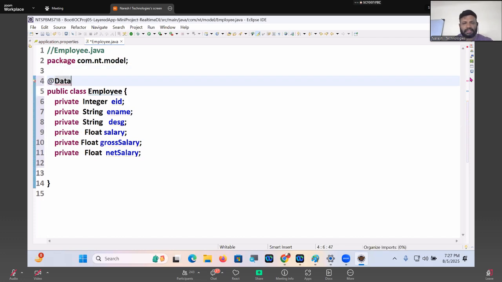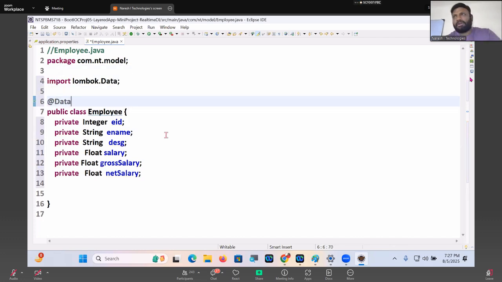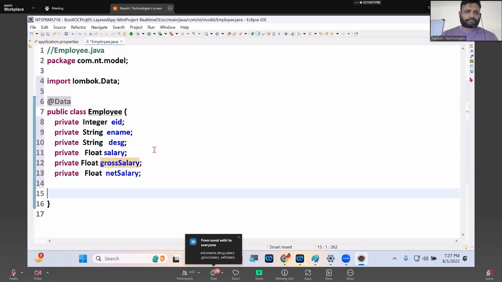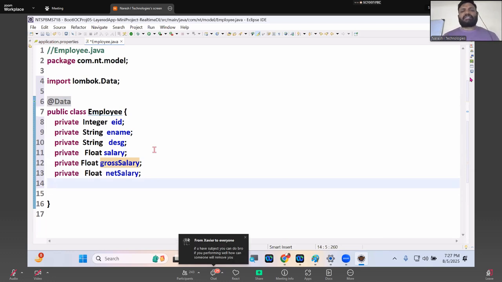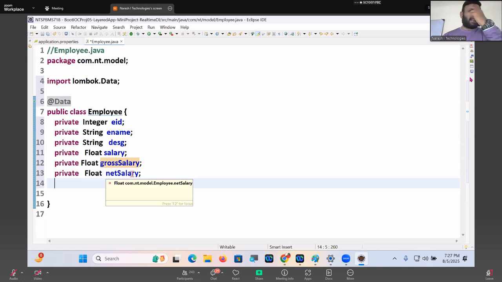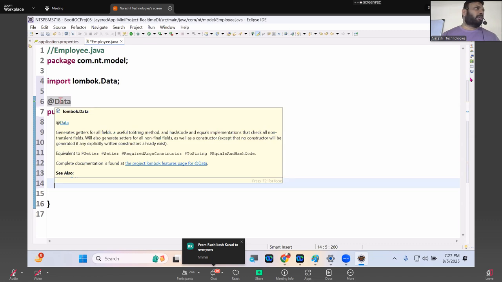Where is that? At the rate Data, guys. Gross salary and net salary I'm going to calculate, guys. Then, sir, why are you taking the properties in advance? I have to take, boss, because each record is going to come into these 4 properties. But based on salary, I want to calculate gross salary and net salary, or not. The At the rate Data annotation of Lombok API, you know, it's a multi-purpose annotation. It will give getters, setters, toString, hashCode, equals